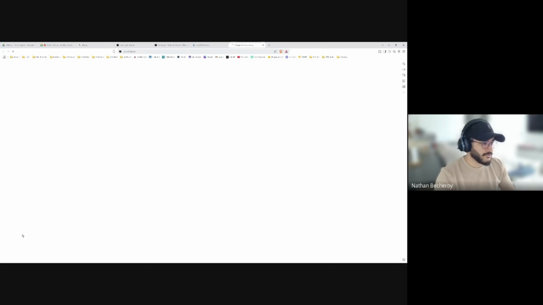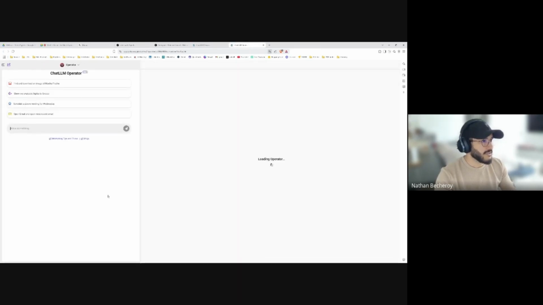You have Operator, which is similar to OpenAI Operator. It's a multi-agent tool, same thing. You can use it through here. You will see its interface. I will let it continue loading and go to the next tool and then go back here.